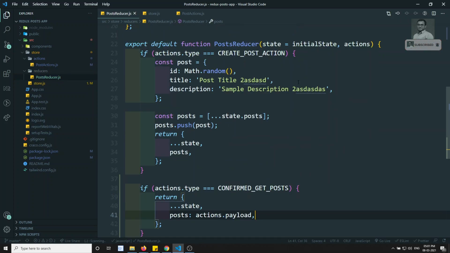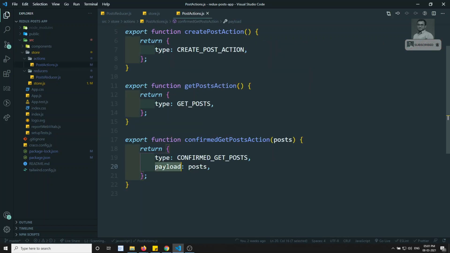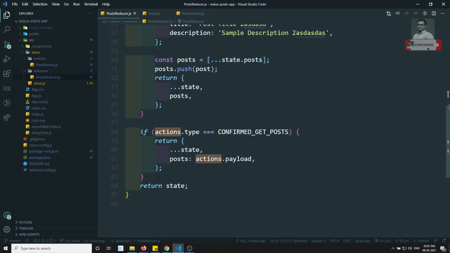In this action we will be sending the payload, so we are updating the payload here.